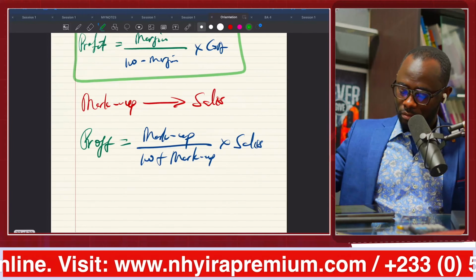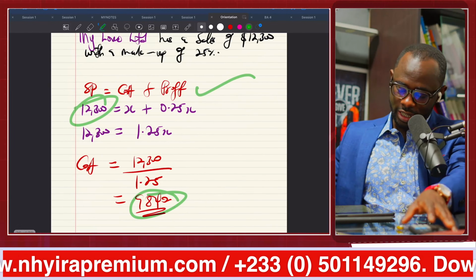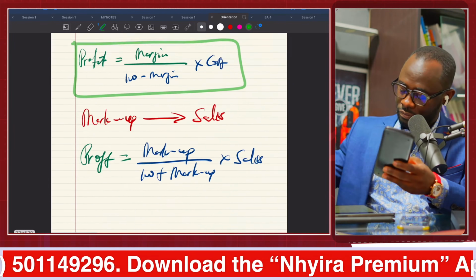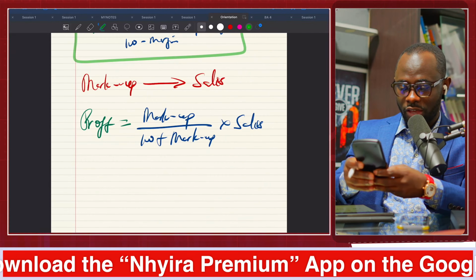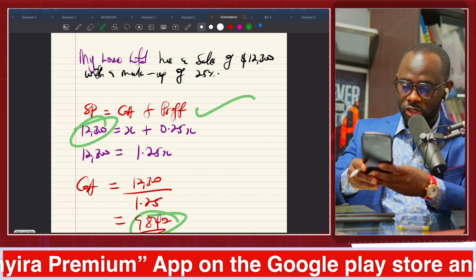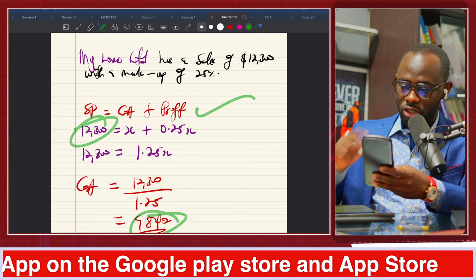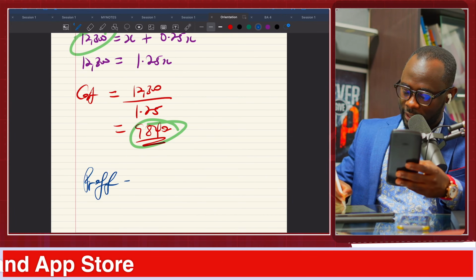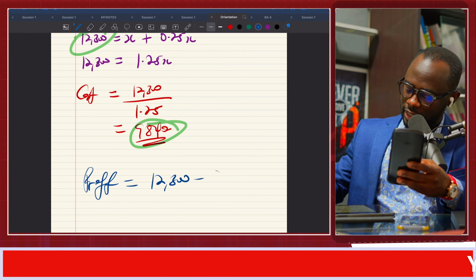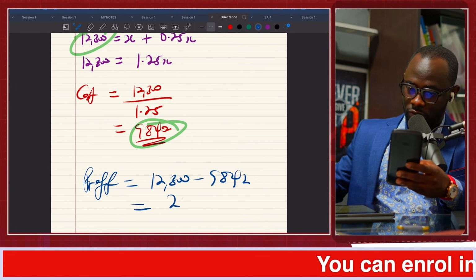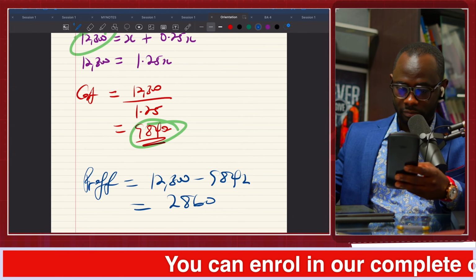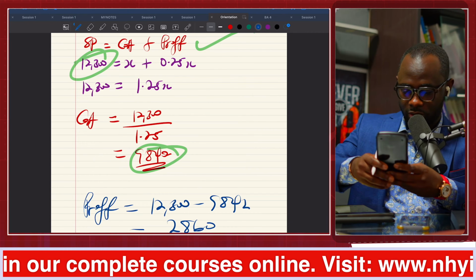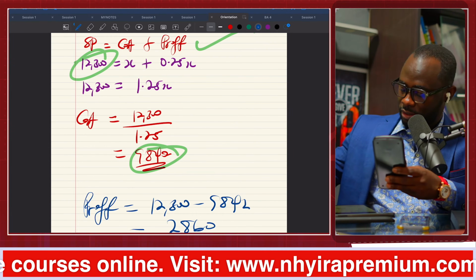Because if we come here and punch for the second scenario we just did, we had a sales of this, so the markup is 25. So 25, we add it to 100, so it becomes 125 times the selling price of 12,300, and boom, that is giving us 2846, which is going to be actually the profit we will get if we subtract the 9842 we had from this figure. Let's see if we will get that. 12,300 minus 9,842. So I'm getting